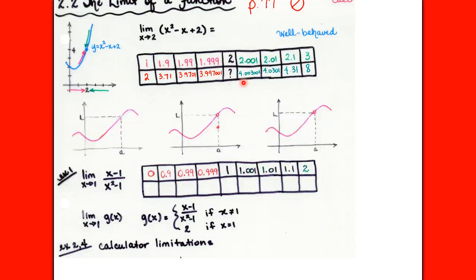Okay, then let's look at how to interpret that information that we get from the table. We can look at this and say, okay, if the limit of this function as x approaches 2 is what my y value is doing, as I approach 2 from the left and 2 from the right, then let's look at these y values. I've got 2, 3.7, 3.97, 3.997. I start to notice a pattern, right? Where I could say, if I did